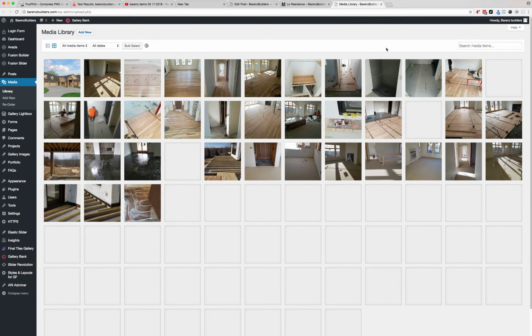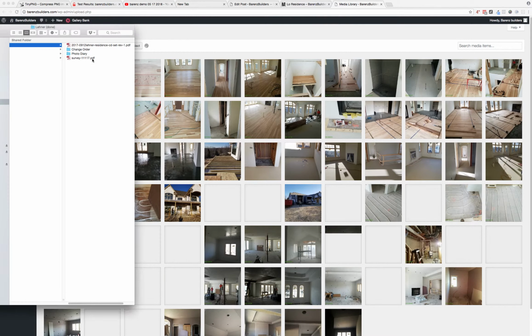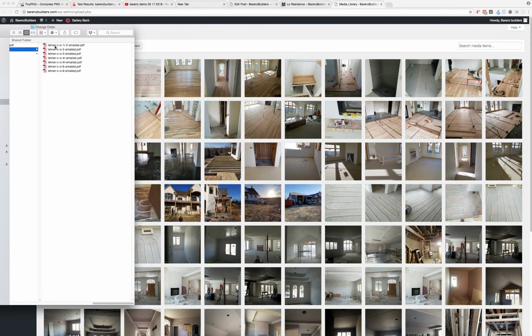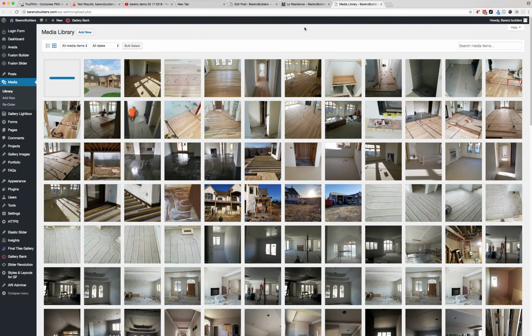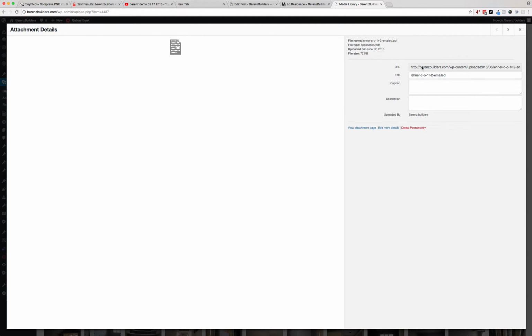So for example, I'm just going to add a change order here, and I'm going to just pull from another client for now, just so I have something in here for this demo. But let's say that's your change order. So here's the change order. I'm going to click on it. I'm going to take this link,